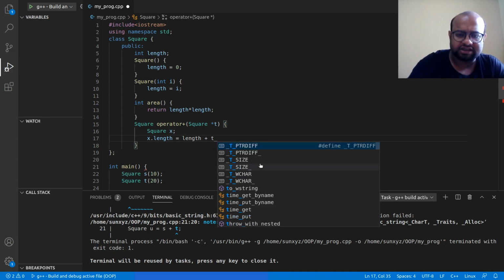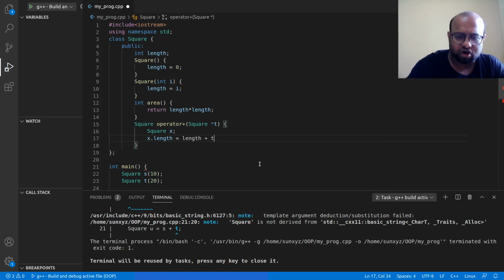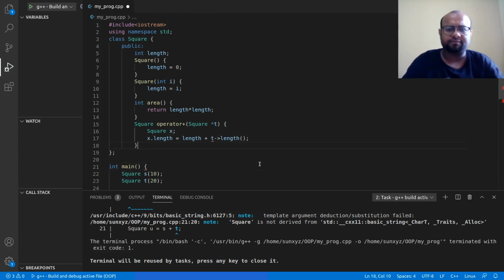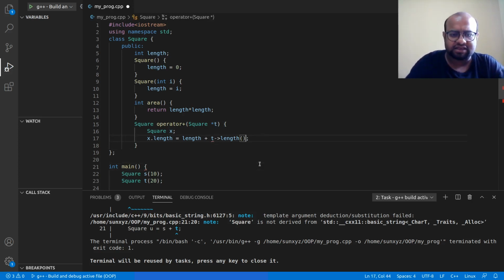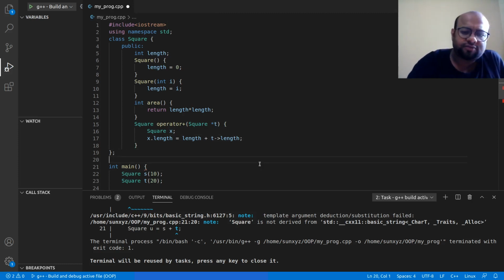And this is a pointer, so I cannot write t dot length, I have to write t arrow length. T is the pointer, right? You can see here there is a star, so star means it's a pointer. And length is not a function, so there should be no parenthesis.